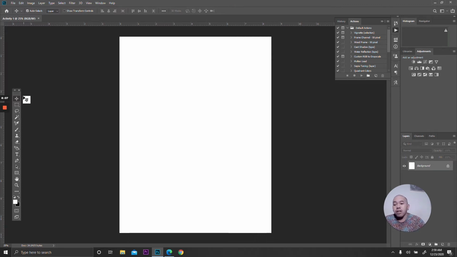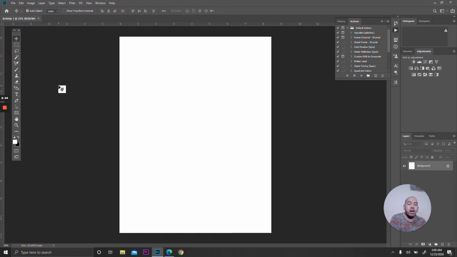Now, ito naman, we have here the toolbar. So, the toolbar, ito yung tools na gagamitin natin to manipulate our images or elements dito. And also, ito yung sa toolbar, you can add text or you can add different elements to your document through these tools. And also, if you want to crop the image, or if you want to pick the color, so we have different tools na i-introduce ko naman later para makita natin kung ano yung magagamit natin na tools like selection tools